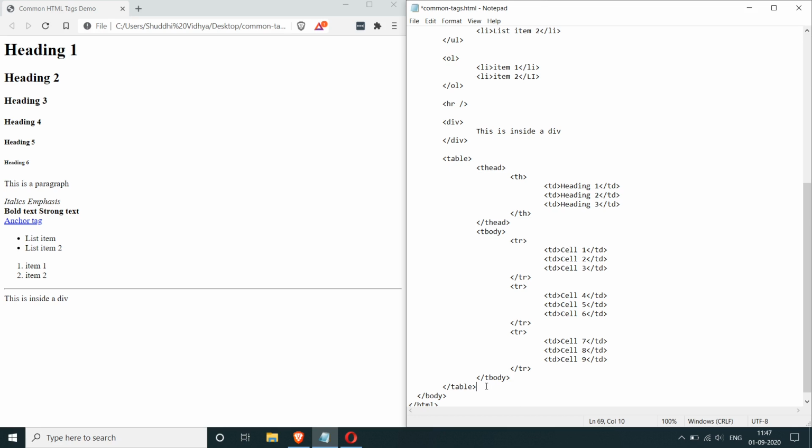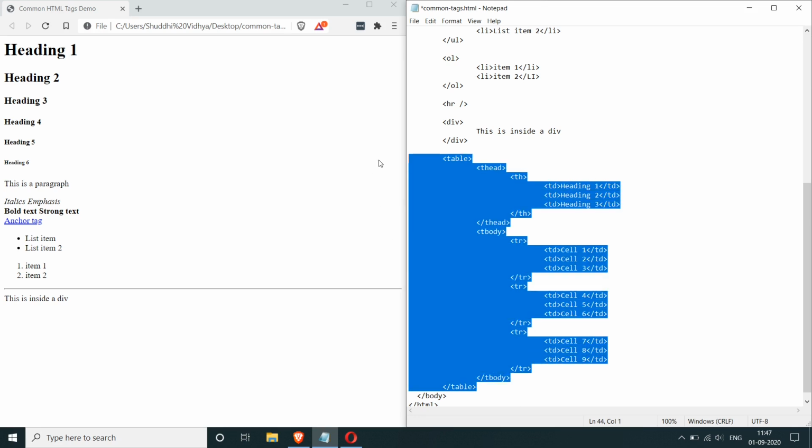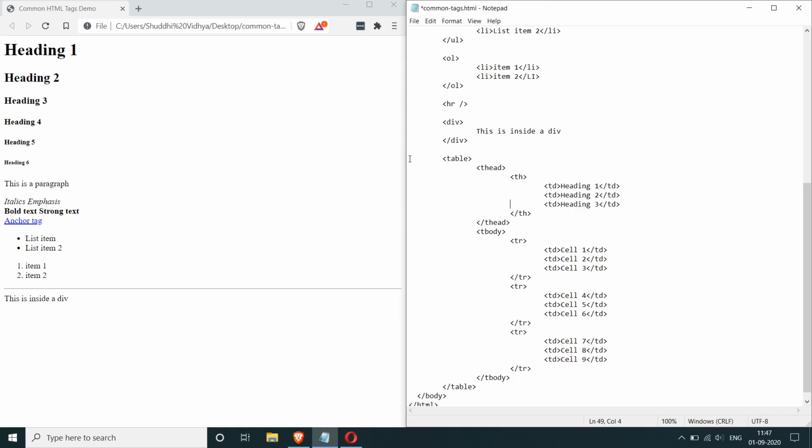Okay, one thing I want to mention before we save this and preview it. If you look at the structure of this code, I've included this space, this space, and when I go inside this tag, I add another tab. I want you to understand that there is a button called tab on your keyboard. When you click on tab, it'll go 7 spaces. You all know that the space bar gives you 1 space like this, and tab basically gives you 7 of those spaces. There's 1, 2, 3, 4, 5, 6, 7. Instead of going through all of this, if you click tab once, it'll go directly to that spot. So tab is useful for programming where you need to create indentation.